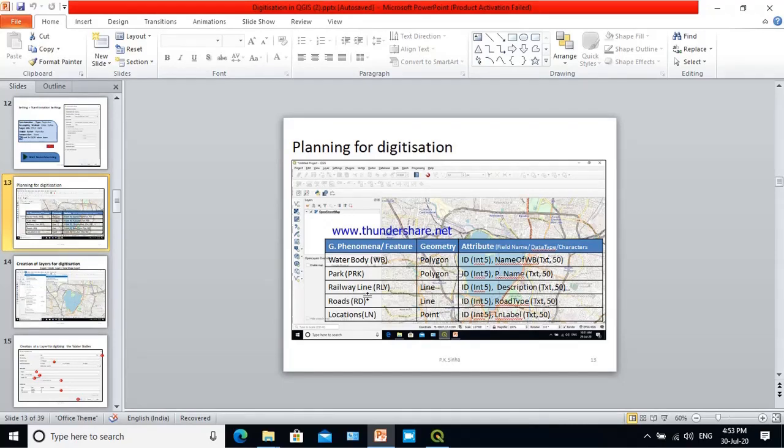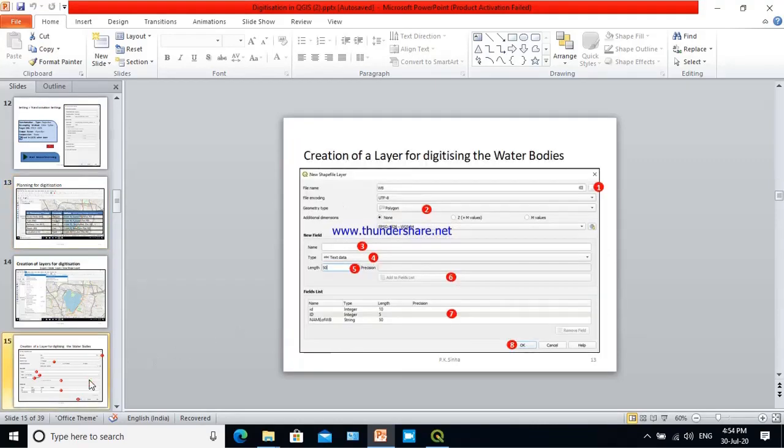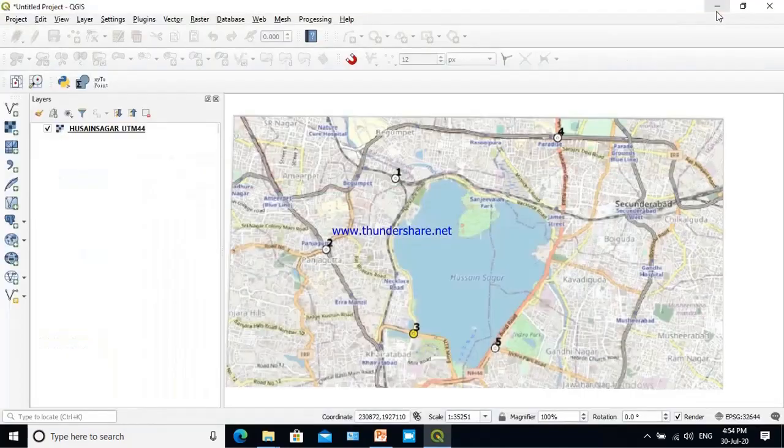Railway lines, so here you have to plan what the features are and what the geometries of them are. With that plan we will be generating our layers. Here you see our vector features will be point, line or polygon. So we will be generating that way. Let us try to generate a layer for a water body and other layers also. It will display this type of dialog box at the time of generating the layers, and we will have to supply these types of data to the system. So let us see it online.